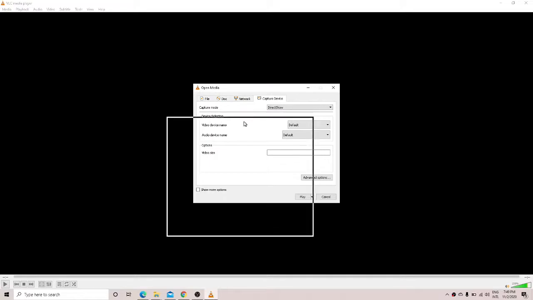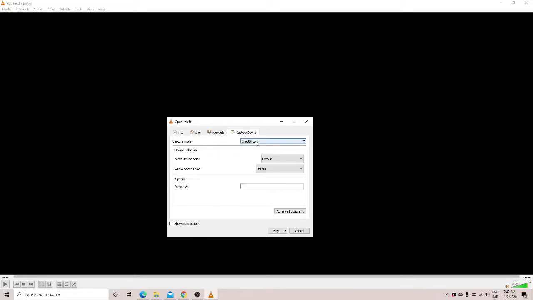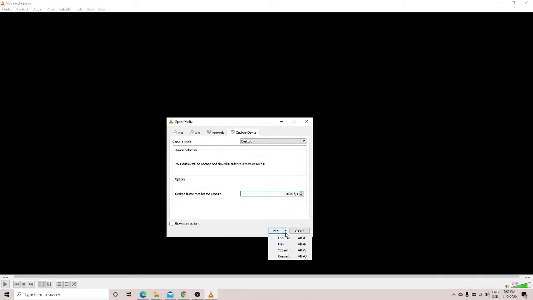So once you click on open capture device, you can see the capture mode as direct show by default. So this has to be selected desktop. So go to desktop and then select the desired frame rate for the capture. This has to be minimum 30. So in my case, I'm just selecting 60. So once you select the desired frame rate for the capture, 60 frames per second, just come here and then